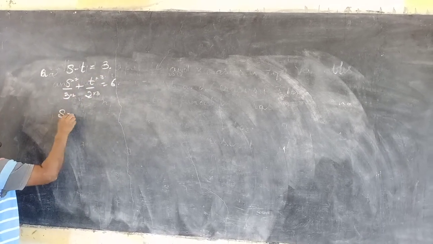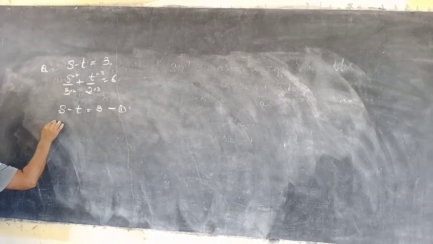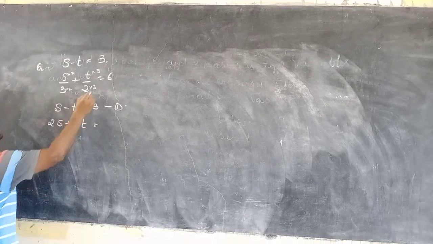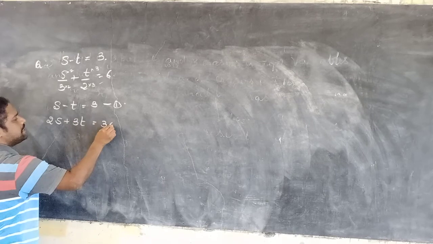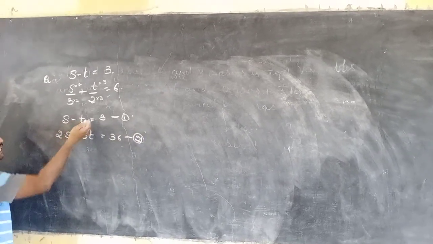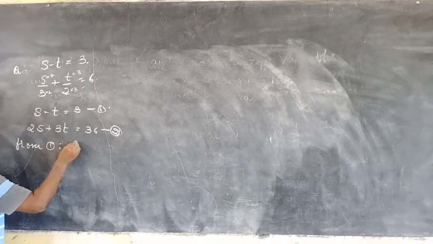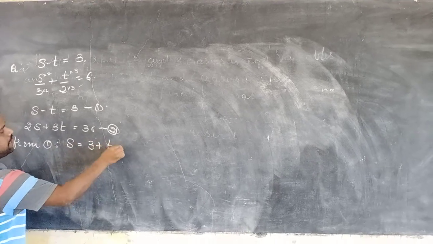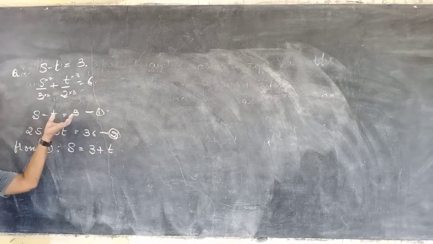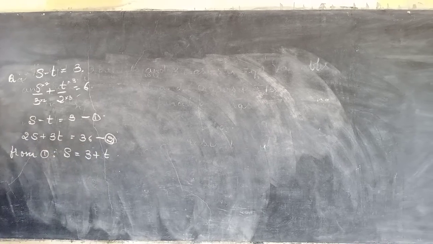So we write s minus t is equal to 3 as equation 1, and here it is (2s plus 3t) whole divided by 6, and 6 is multiplied here, that is equal to 36, as equation 2. Now the simplest equation is equation 1. Therefore from equation 1 we have s is equal to 3 plus t. We extracted this from equation 1. Now where do we substitute? We substitute this in equation 2.